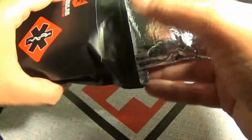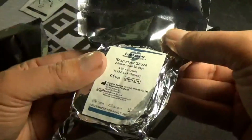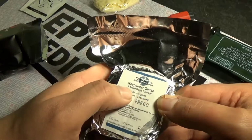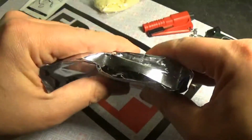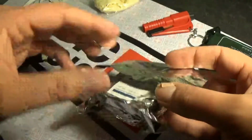And then last but by no means least, we have some responder gauze. So this is 4.5 inches by 4.1 yards. This is Z-folded gauze. Again, this deserves a separate video all on its own. All vacuum packed together. Doesn't look like much, but once the air gets to it and you actually start to